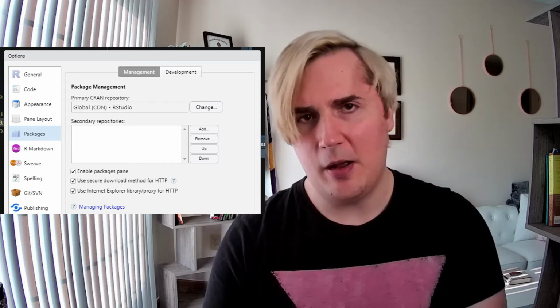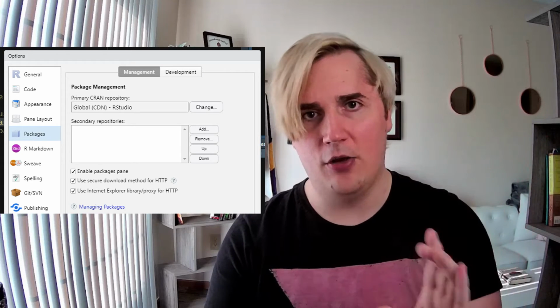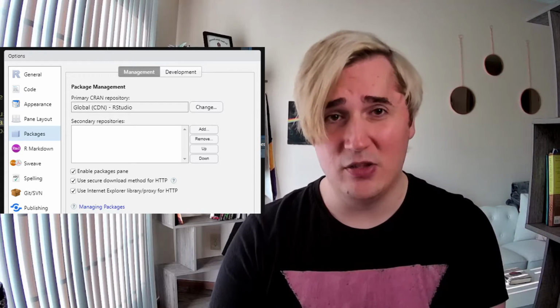And then you can set up second repositories. So just in case it misses that install, it can check other secured areas. Some companies go farther than that. So I've used R at 2 different companies now, and some companies will be okay with you just going right to CRAN. But other companies require you to use their specific CRAN repository. And what you do in that instance is you either set up their specific one as a secondary CRAN repository by just typing in the URL of the CRAN repository,